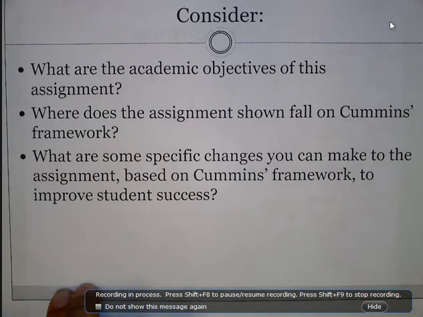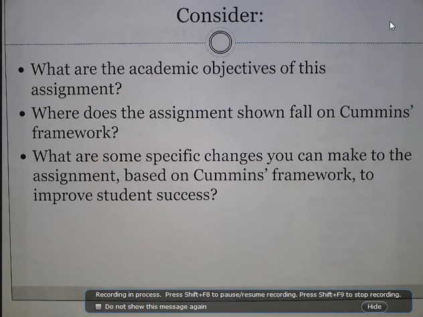What are the academic objectives of this assignment? Where does the assignment shown fall on Cummins Framework? Which quadrant would you put it in currently? And what are some specific changes that you can make to the assignment based on Cummins Framework to improve this